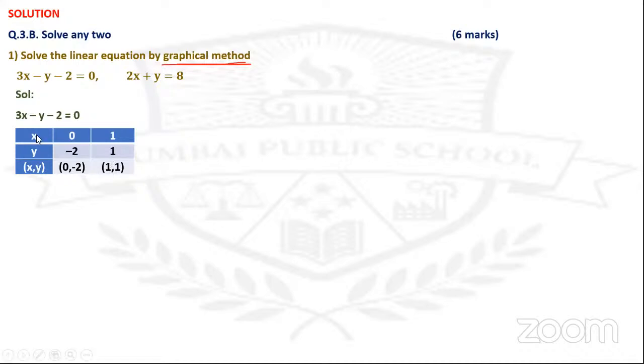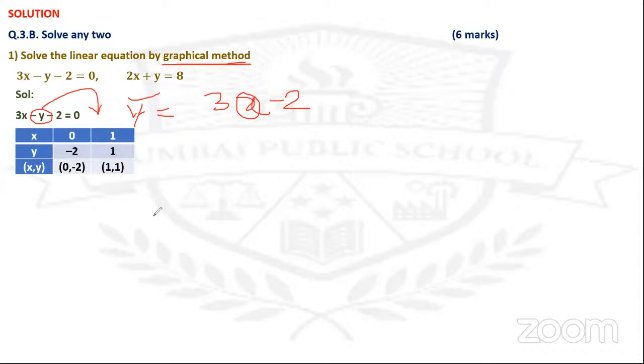So why did I substitute x? Why did I substitute y? Understand? Check, here y does not have any coefficient. So your equation you can easily write as y equals 3x minus 2. Now when you substitute the value of x, you'll get the value of y directly. You need not go with division or multiplication of any number after that. So whatever terms have coefficient 1, keep them on the same side and shift the other